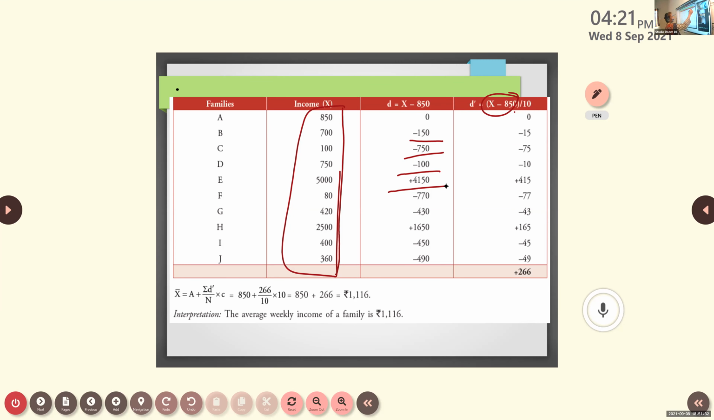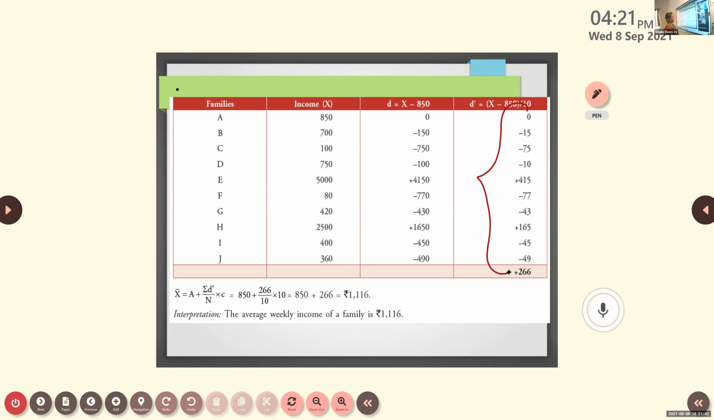Then total this D dash, whatever you are getting, all these things to be totaled. Then apply that in the formula. What is the formula here? A plus sigma d dash by n into